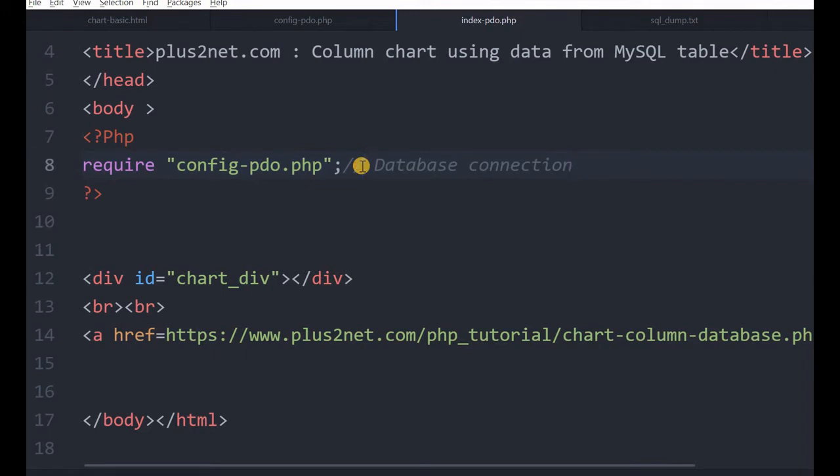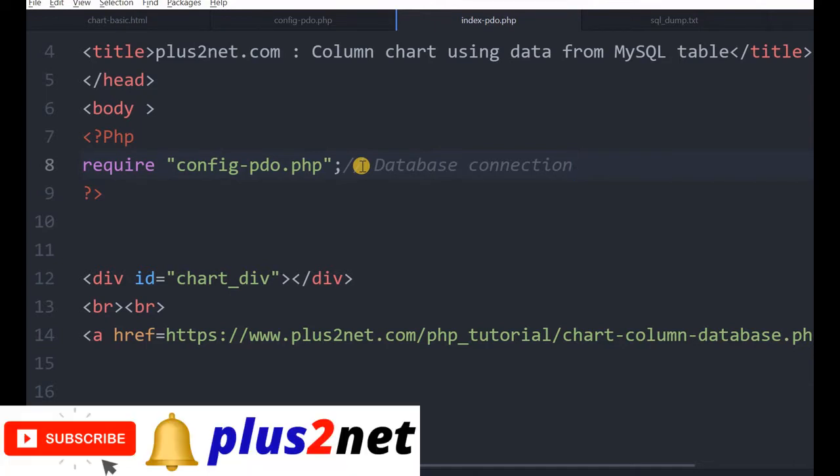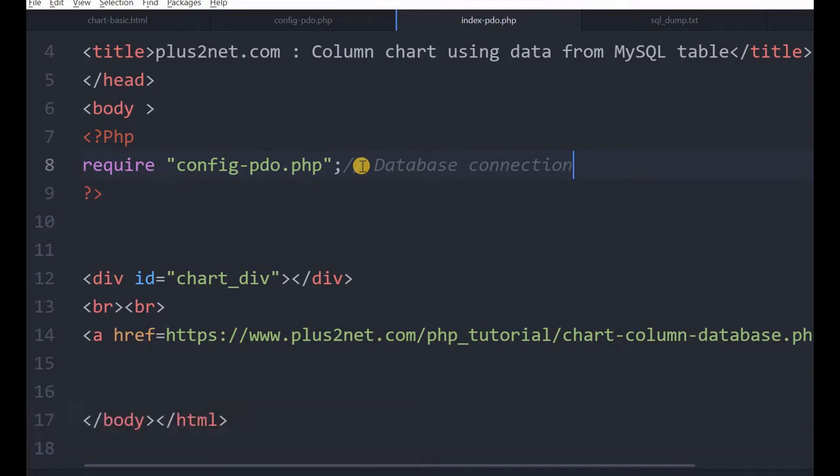Now after this, we'll divide it broadly into two parts. First, we'll collect the data from a MySQL database and create a JavaScript array. And in part 2, we'll load the Google library for the column chart or bar chart, and then add the data and the JavaScript array, and work on the options to create different types of staggered bar chart, then column chart. Basically, the difference between a bar chart and a column chart is the orientation. If it is oriented vertically, then it is a column chart. If it is oriented horizontally, it's a bar chart. Okay, we'll work on all these areas.